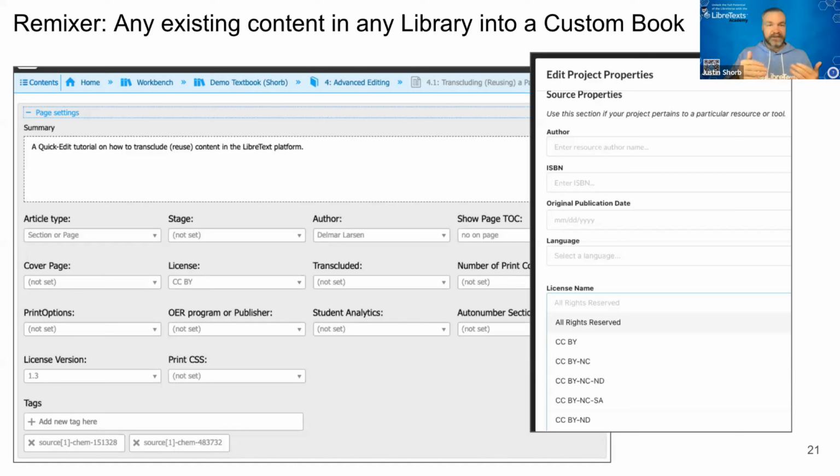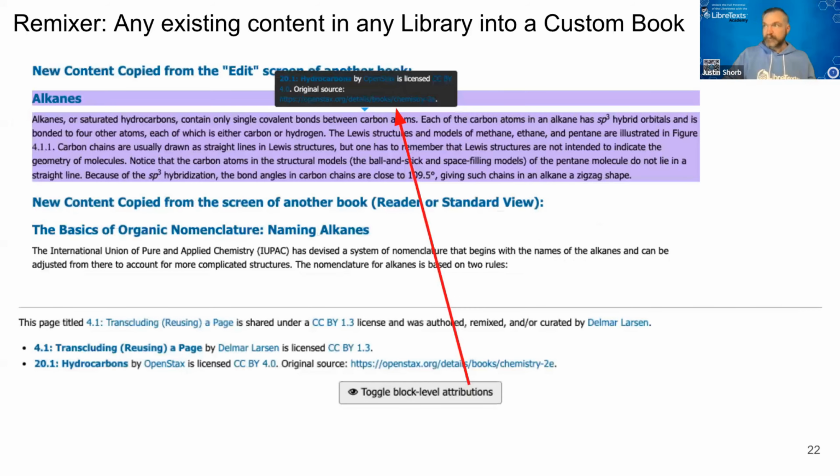So if you think of it in terms of a harvesting request, what was the original license from the OER material that you are giving us to put into the library? Or on the other side, this also applies to any of the data you're going to be writing yourself and then putting it into your textbook in addition to anything that you remix from other places. And then that would be the license here, the CC BY 1.3, because I have this page here,